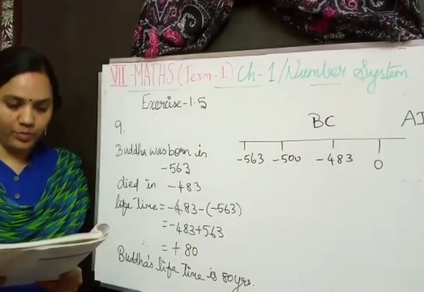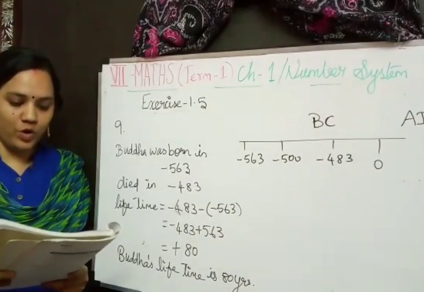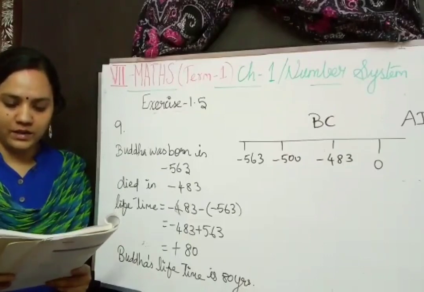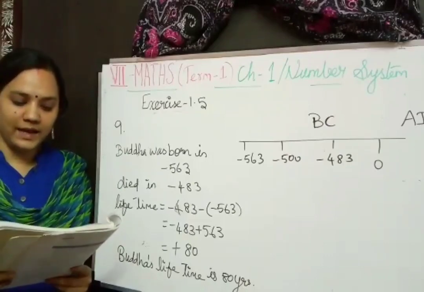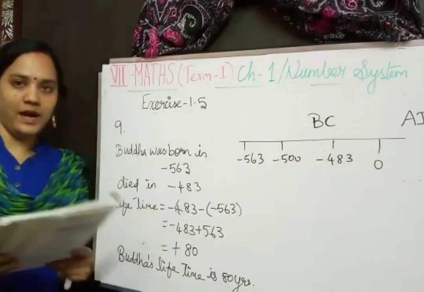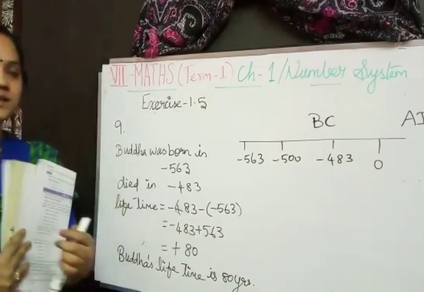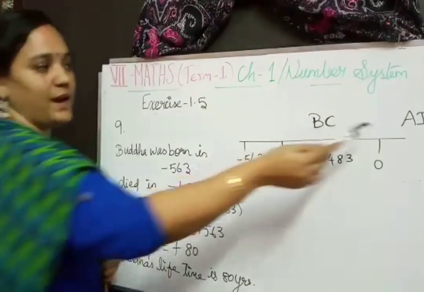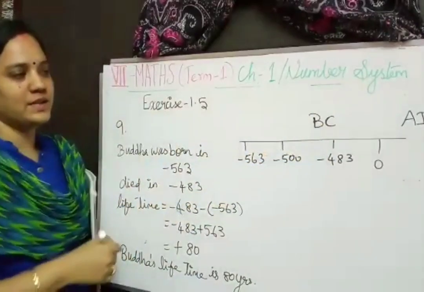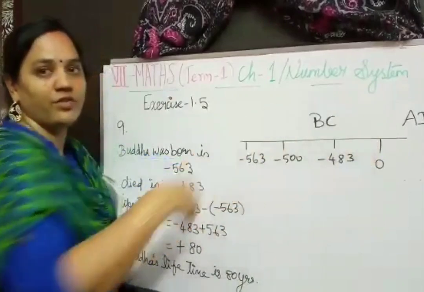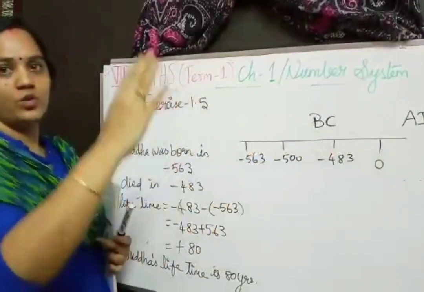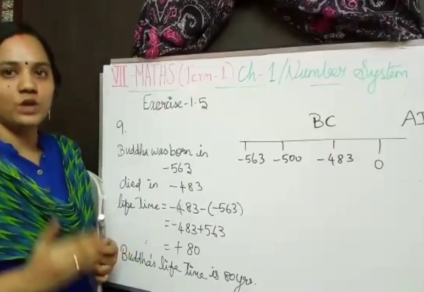So now the ninth problem is, Buddha was born in 563 BC and died in 483 BC. Was he alive in 500 BC? And find his lifetime. See, listen. We have years, we will say years as BC and AD. Okay. So AD means Anno Domini. That means 0 is considered as the birth of Christ. Okay, so after the birth of Christ, it is considered as 1 year, 2 year, 3 year. Likewise, now we are in 2020.